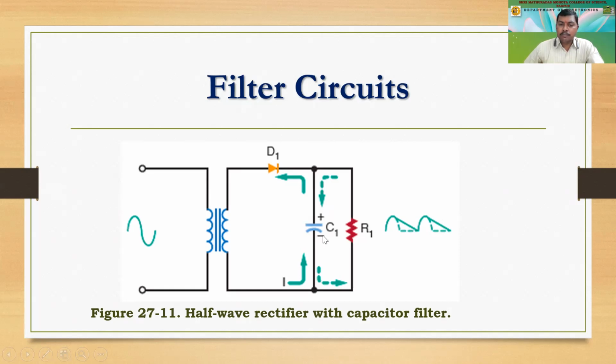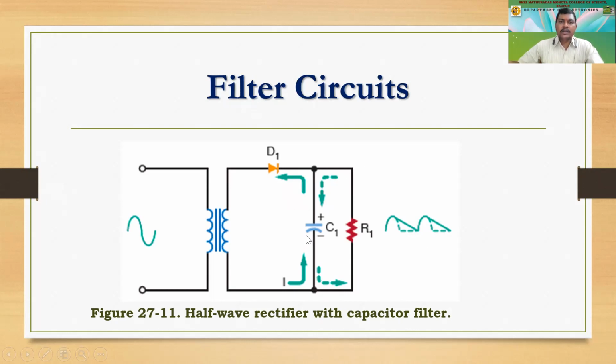But if you increase the capacity of this capacitor, then what happens? It will not fully discharge, but it will keep some voltage over there, and the output will come across this point. And at this point, it will again have the positive half coming across it. So as we go on increasing the capacity of the capacitor, we will have a pure DC wave. So this is how the filter circuit works.